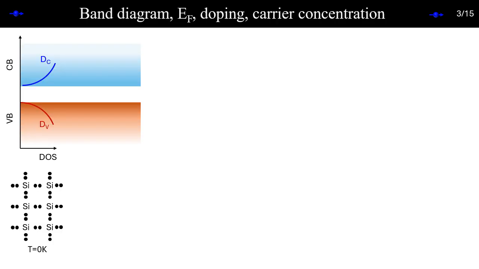Then, as the next step, we would like to slowly connect this to the Fermi energy level and the density of states. We'll still try to have an intuitive picture, and then we'll derive it. This is what the density of states looks like for the conduction and valence band. Do you agree? We derived it, right? And this is what the Fermi function looks like at 0 Kelvin.